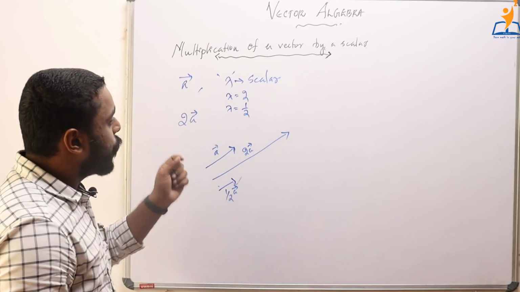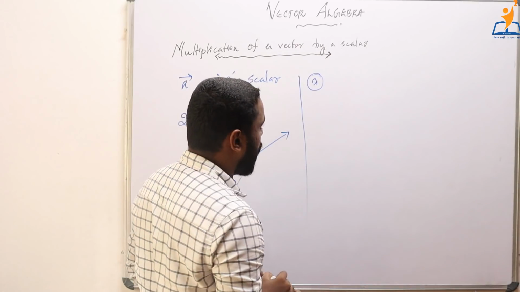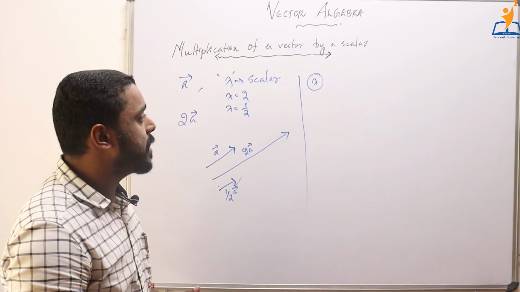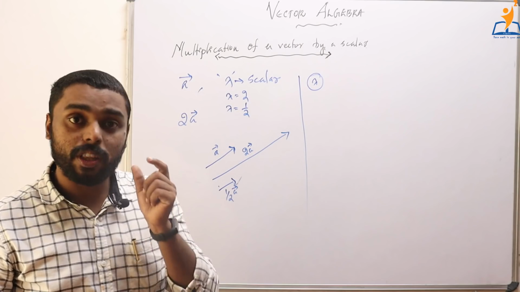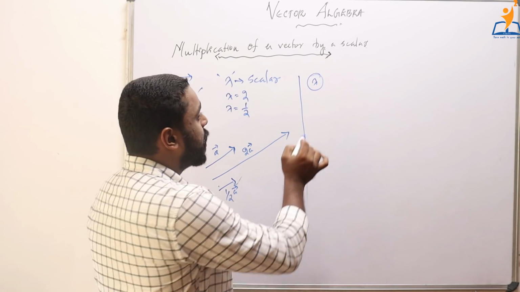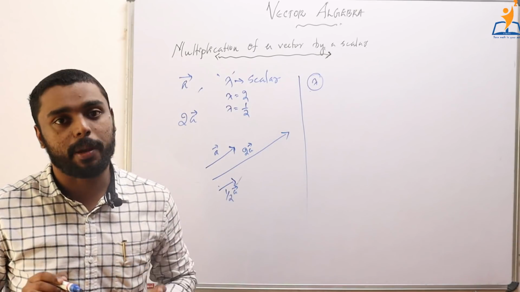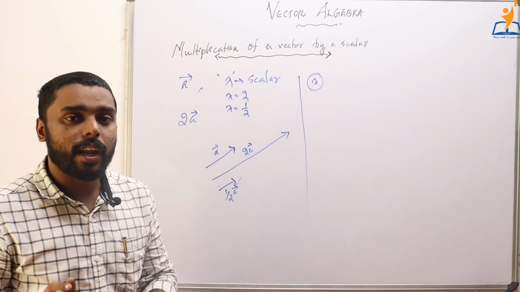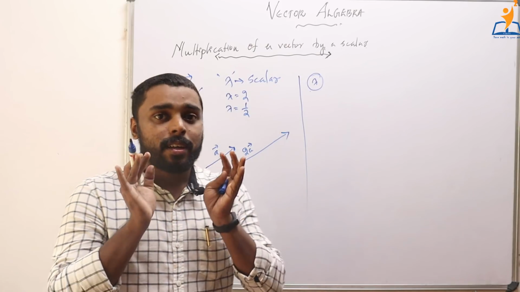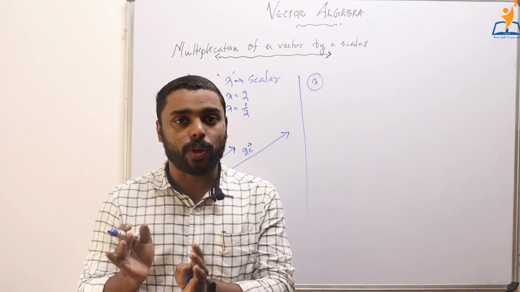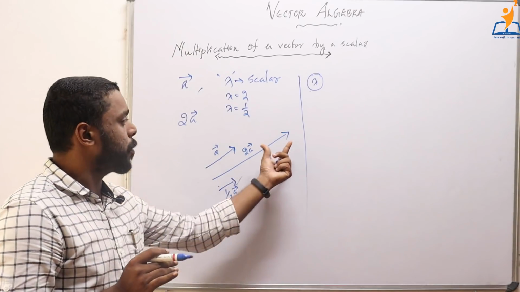That means that whenever we multiply a vector by a scalar, say lambda, it is just scaling the size of the magnitude of the vector A. That is, vector A's magnitude becomes lambda times the original magnitude. So whenever we are asked to multiply a vector by a scalar, just turn the magnitude of the original vector into lambda times. No need to change the direction or any other properties.